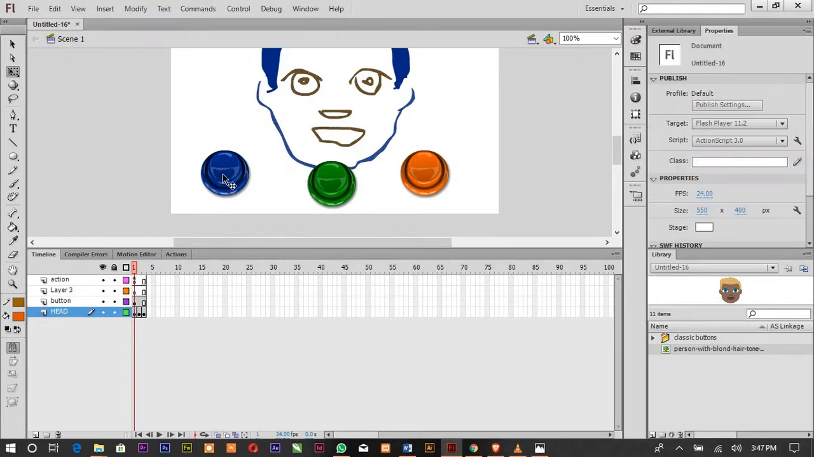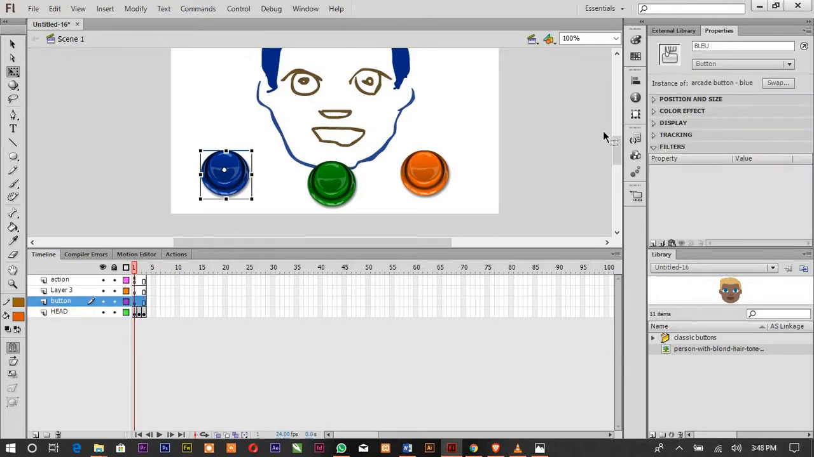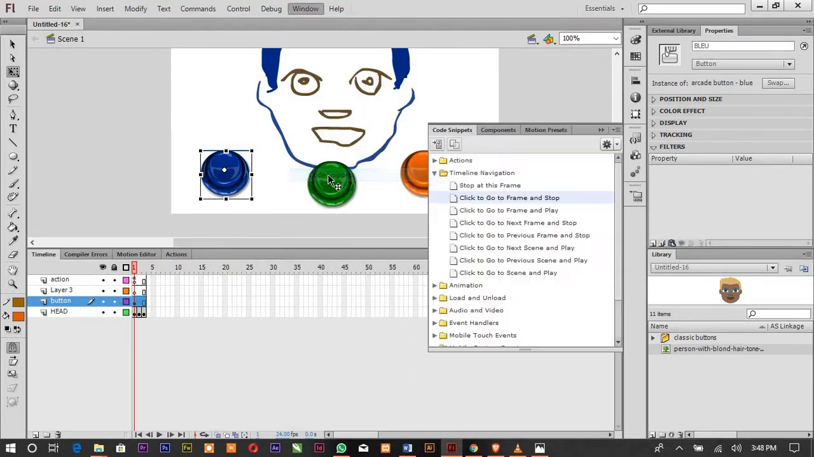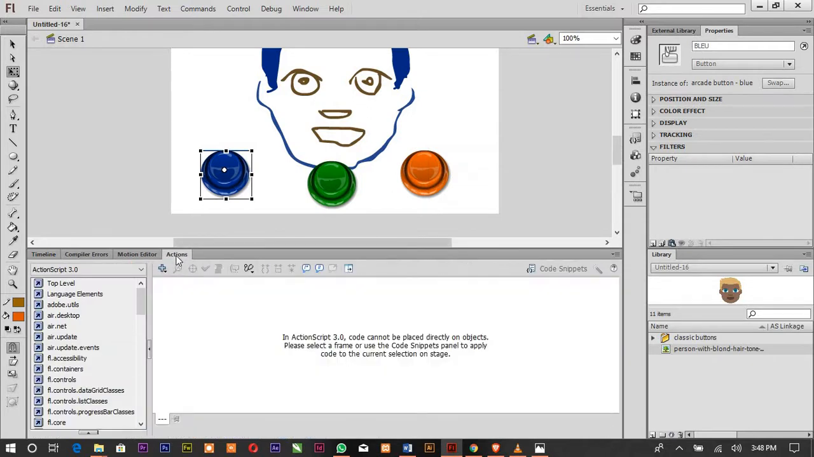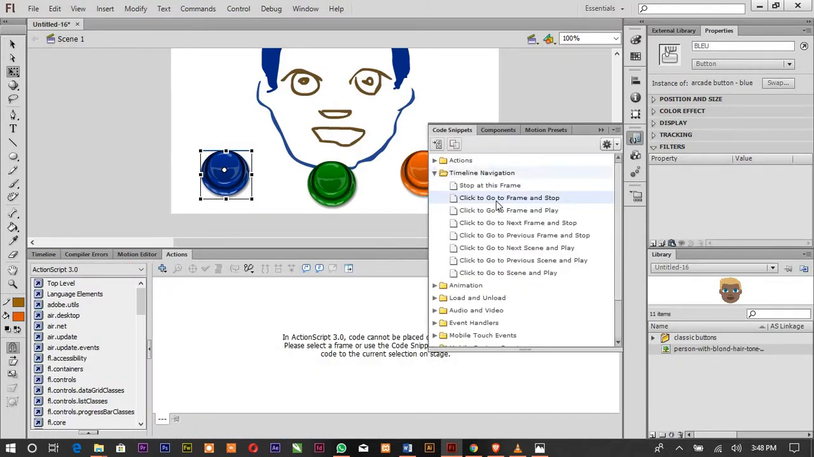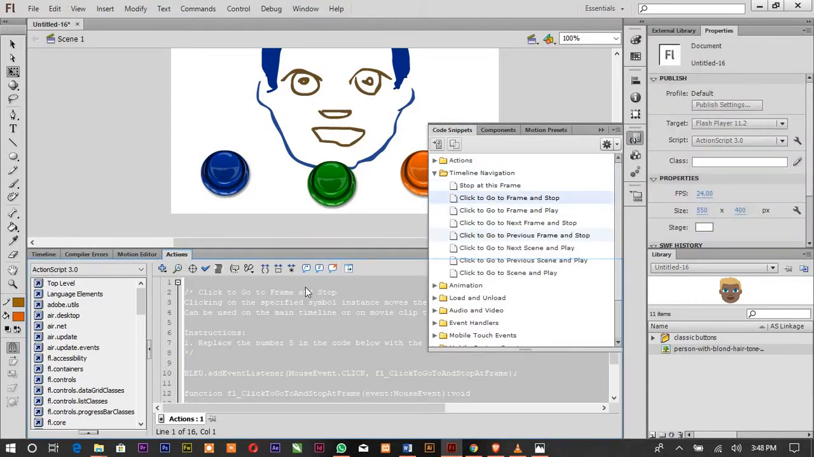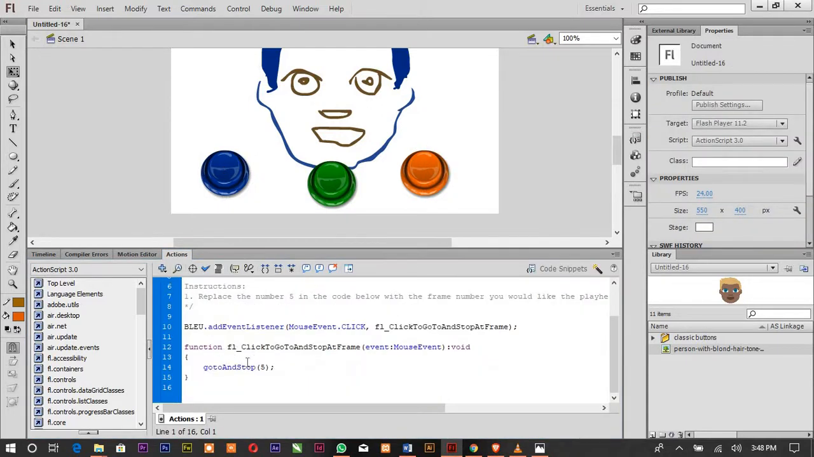What it's supposed to do, click on blue, then come here. We want to now code it. Code snippet, or come to Windows, then come to action, code snippet, that, then come down here, function,